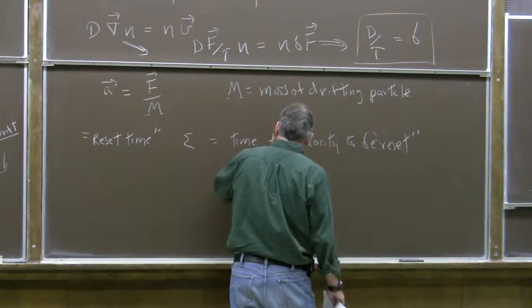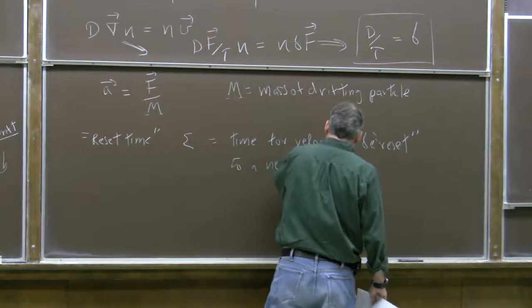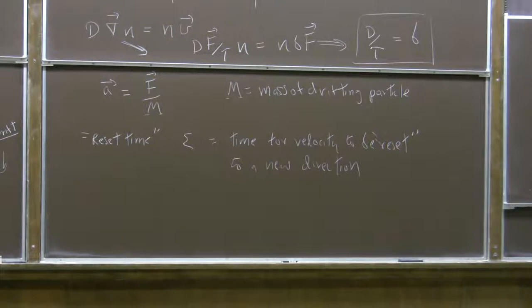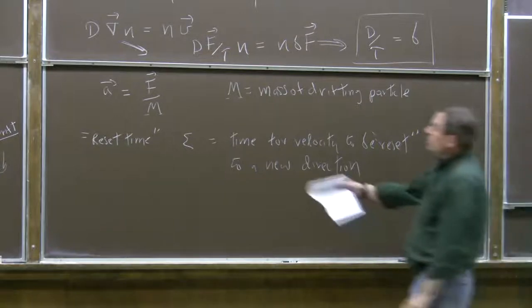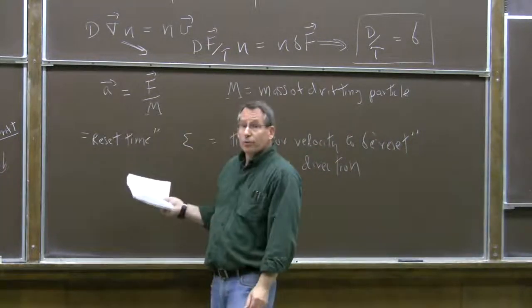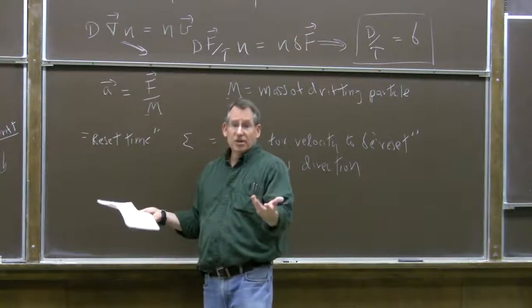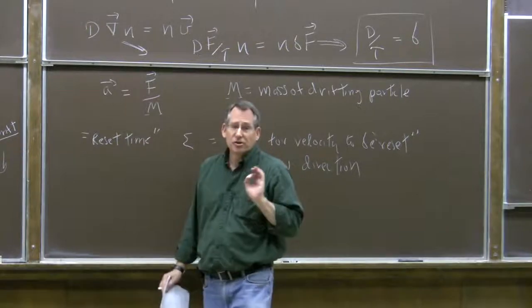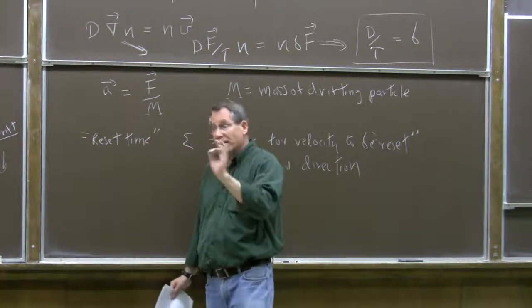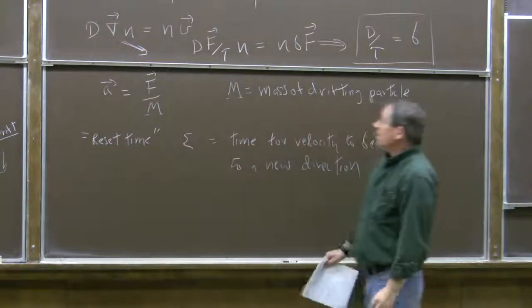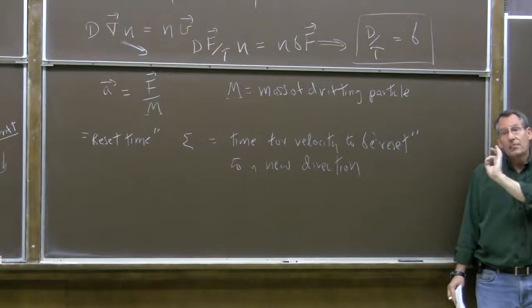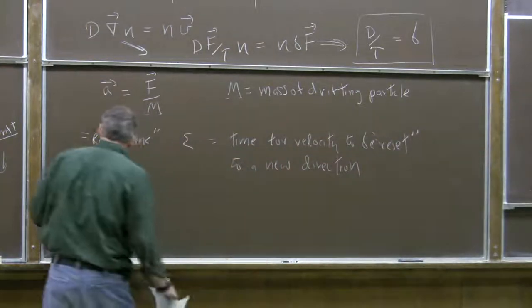To a new direction. Now that acceleration applied for that time is going to allow the particle to attain a component of its velocity in the direction of the force, which is the acceleration times the time, a epsilon. Actually, its average speed during the acceleration will be half that. Because if we imagine it started out with no contribution to its speed coming from the acceleration, starting at zero velocity, winding up at velocity a epsilon, the average